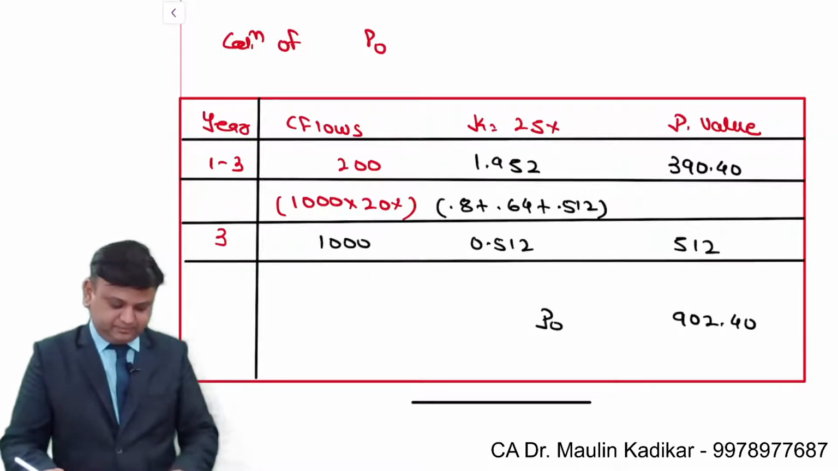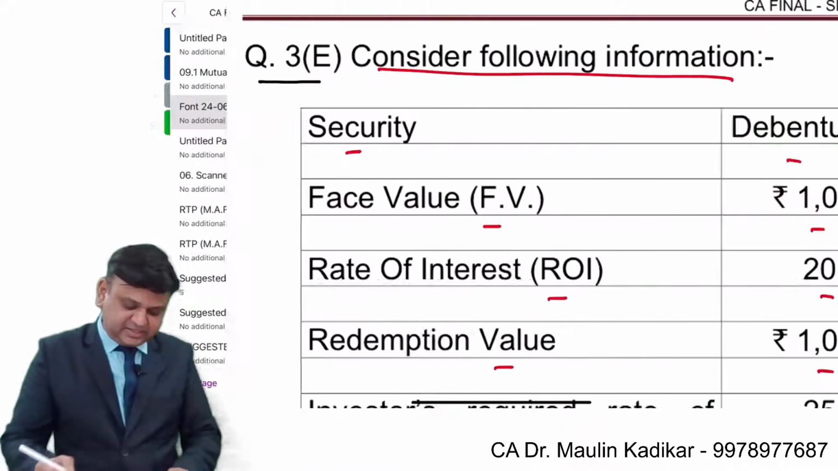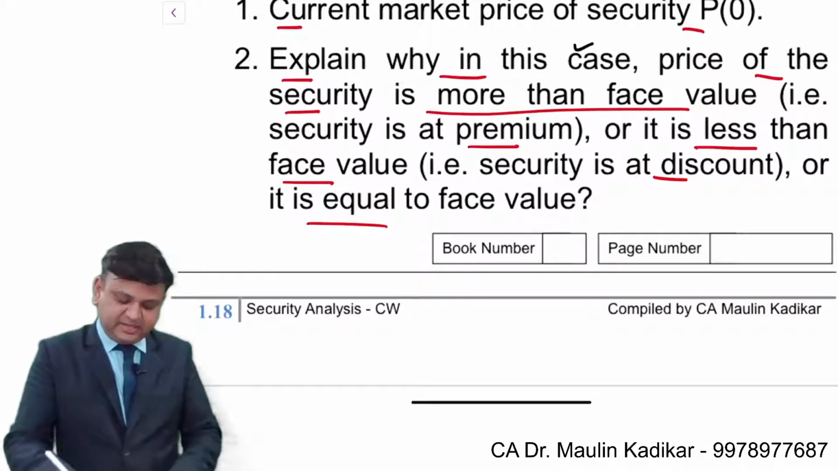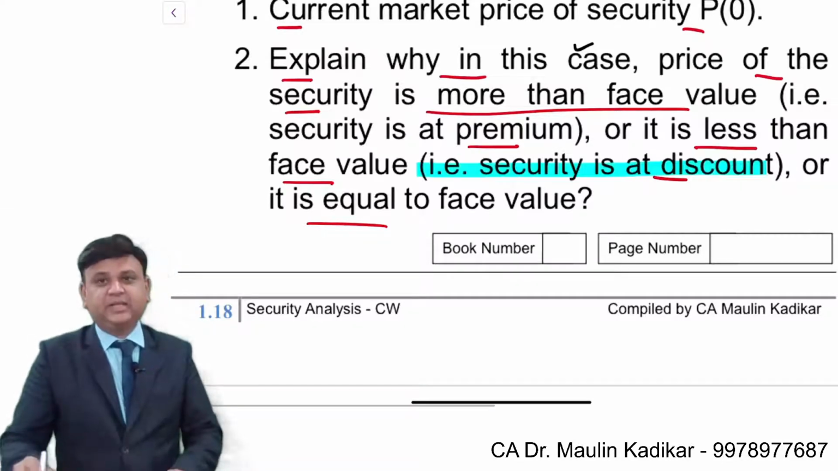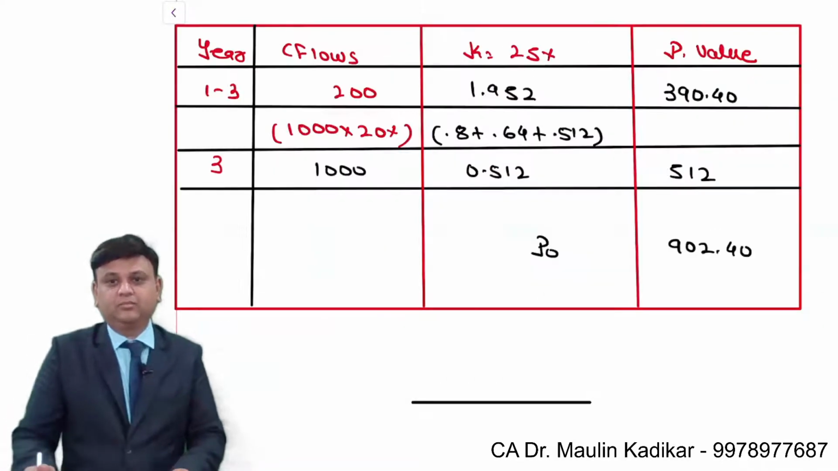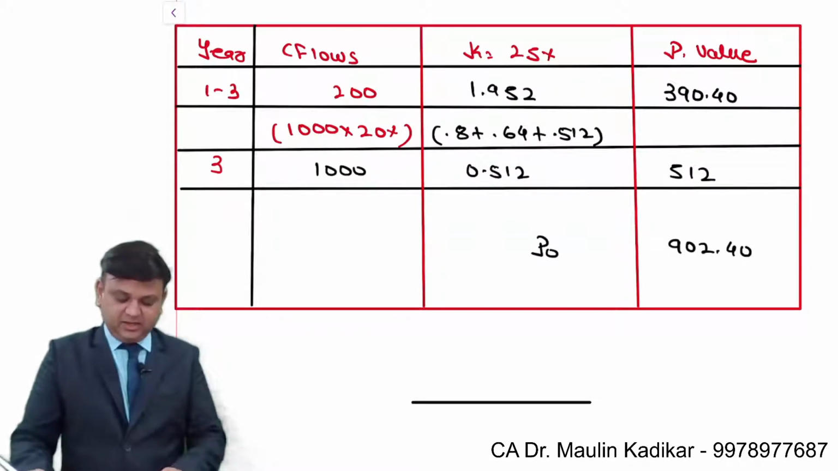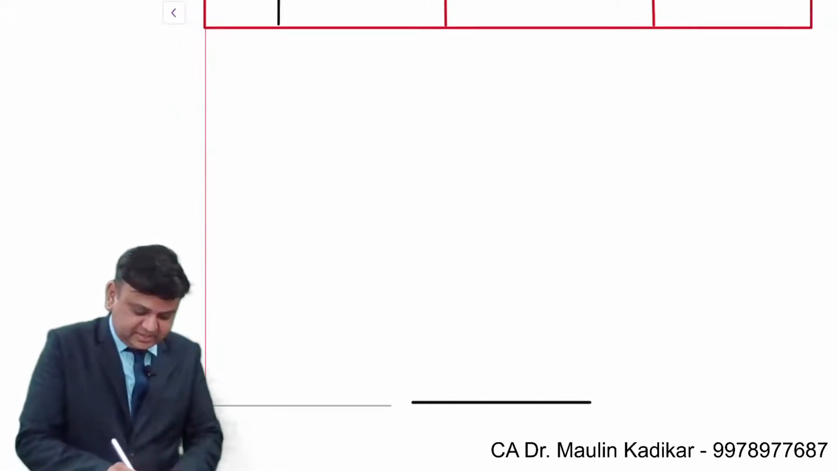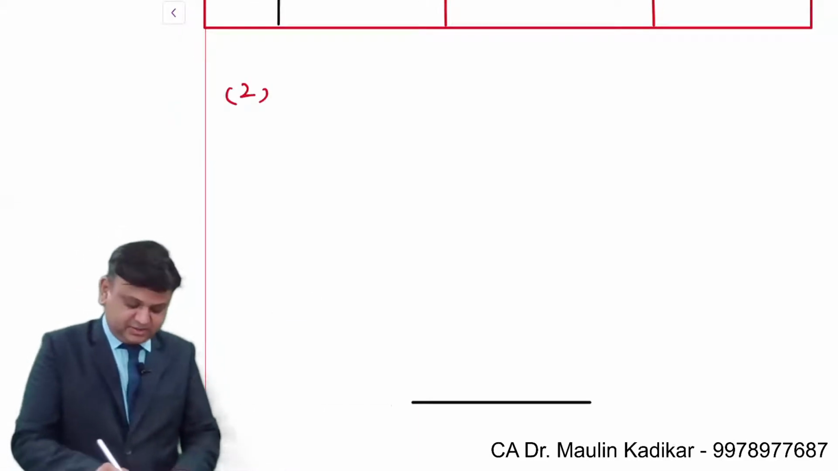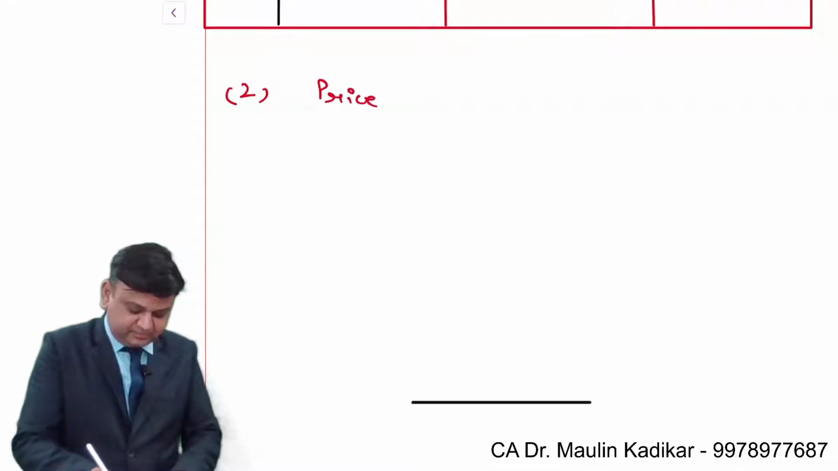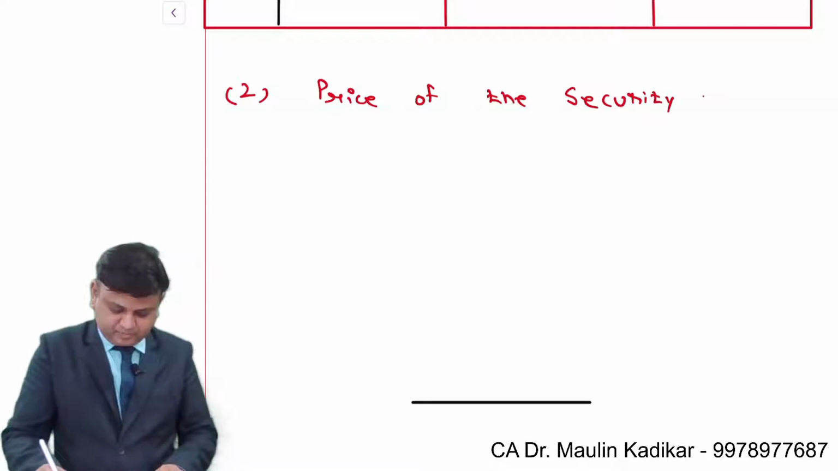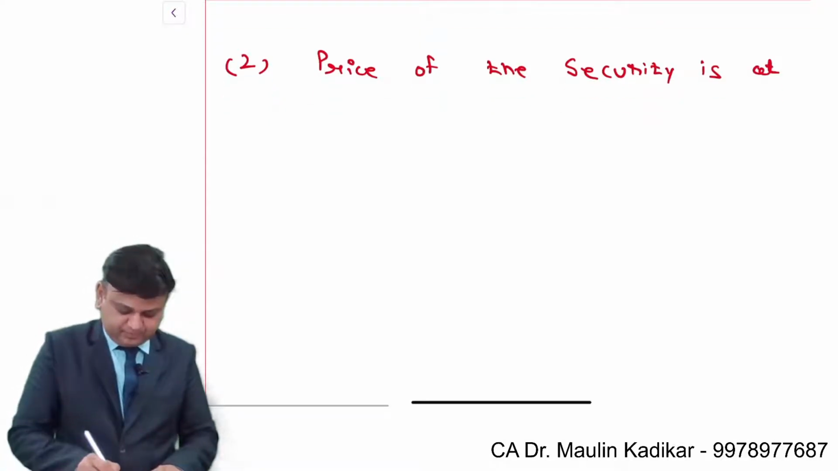Second part of the question. It says that you are required to explain why in this case the price of the security is at discount. Everyone answered correctly. Over here there are two conditions which are satisfied. In the second part of the question, the answer can be written like this: the price of the security is at discount